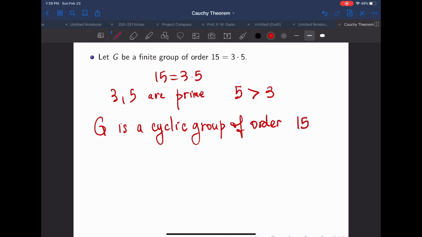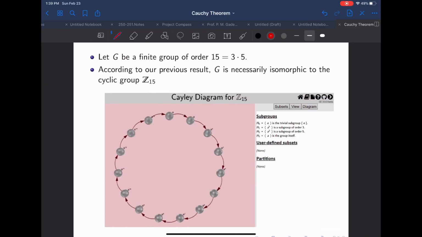15. So again, we have completely characterized all groups of order 15. There's only one of them. Any group of order 15 has to be cyclic. And here is the Cayley diagram of a group of